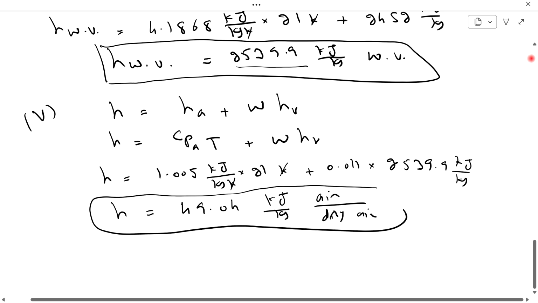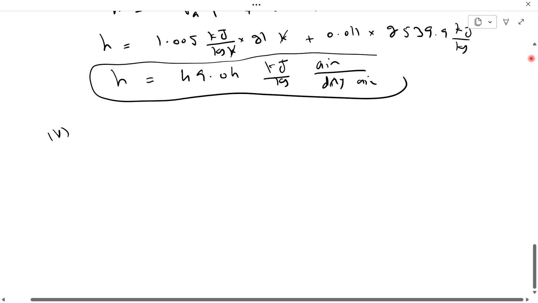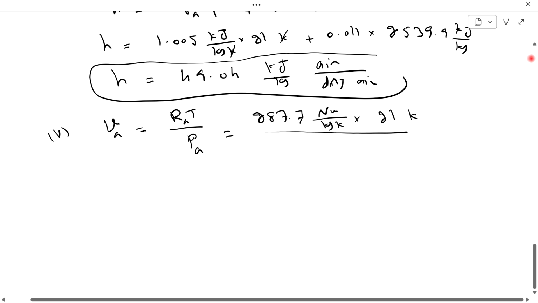Now finally we are finding the specific volume of dry air per kilogram of air. So specific volume of dry air is equal to RT divided by P. PV is equal to RT, so V is equal to RT divided by P, with R of air and pressure of air. So RA for air is equal to 287.7 Newton meter per kilogram per Kelvin, multiplied by temperature 21 Kelvin, divided by the pressure of air known to us,